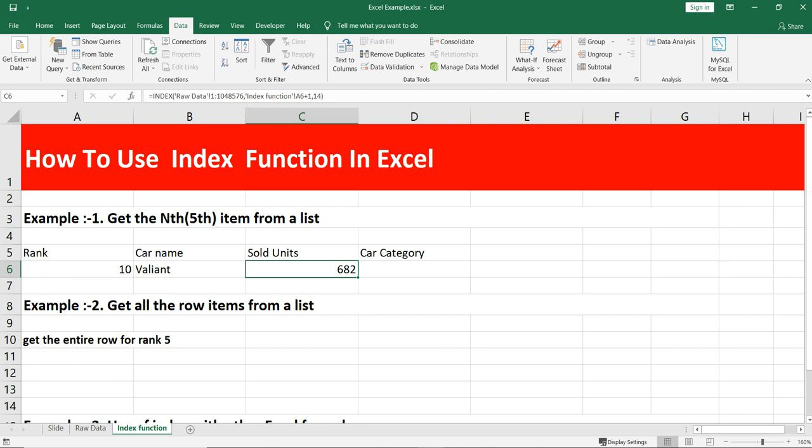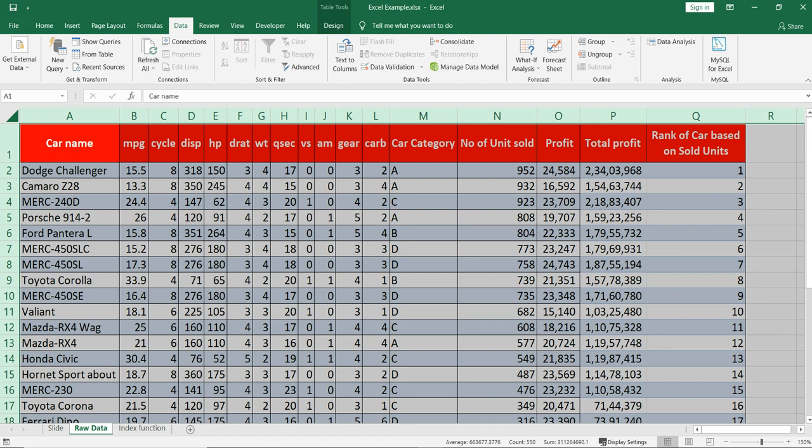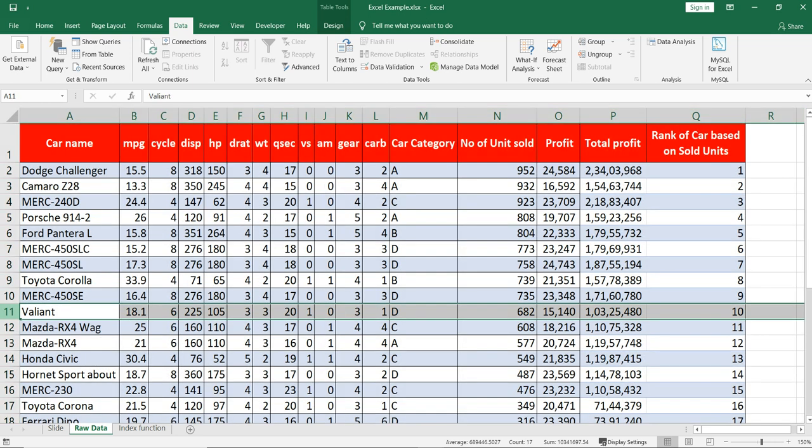So how does this index function work? Basically, first it goes into this data set. Now it takes the row number, which is 11 for us in this data set, reason being that we are searching for rank 10. So it goes to row 11 and then it searches for column 15. Now if you see the intersection for this row and column, this 682 comes as the intersection.